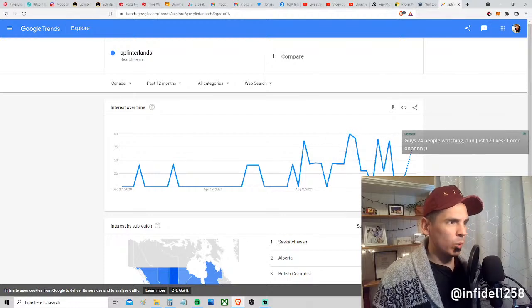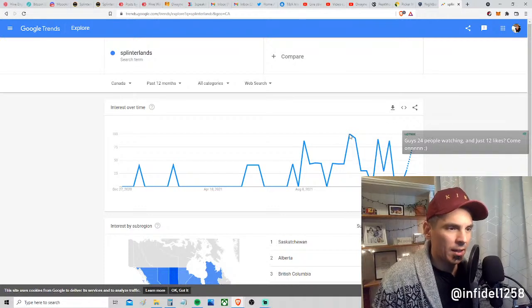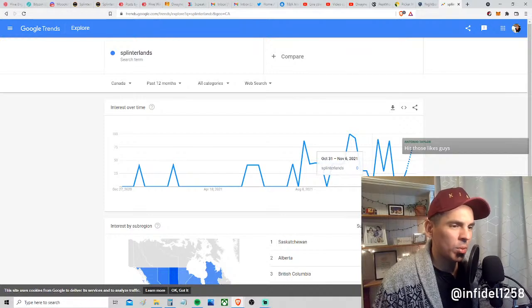The way Google Trends works is that every peak, 100 right here, is the most it was ever searched. That was the beginning of October. But notice at 0, it means it was among the lowest moments right there at the end of October. But wow, it sure turns around like 2 weeks later.